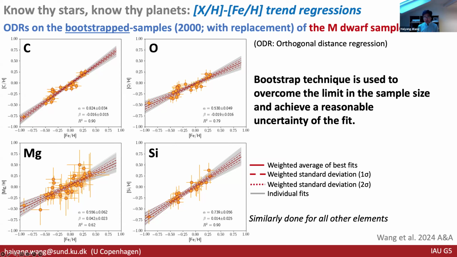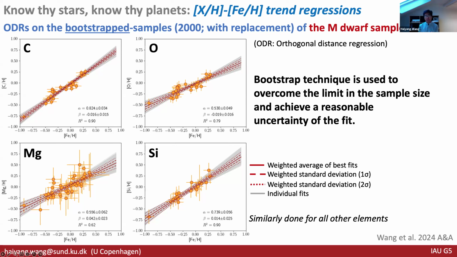Bootstrapping means you sample your original data set to an equal size as the original sample, with replacement. That means you can potentially sample the same data point twice or 30 times, but always keep the same sample size. And then you can generate an equal-size sample. I repeated this process about 2,000 times.